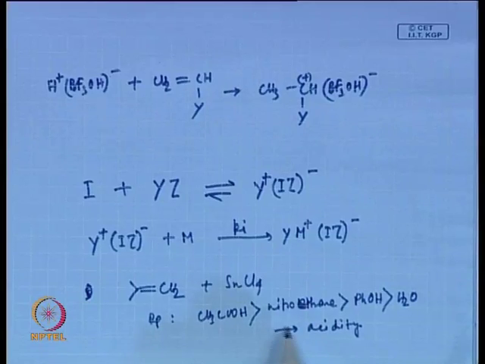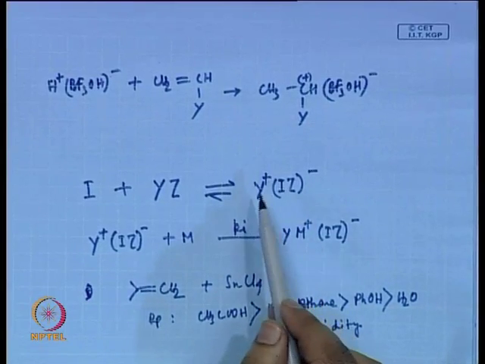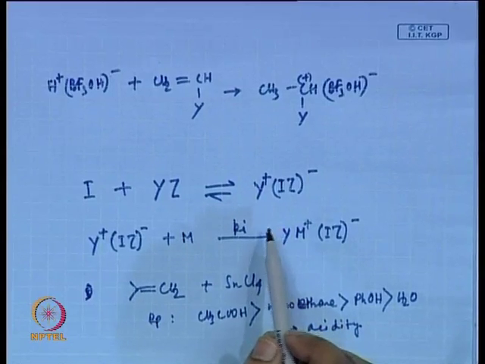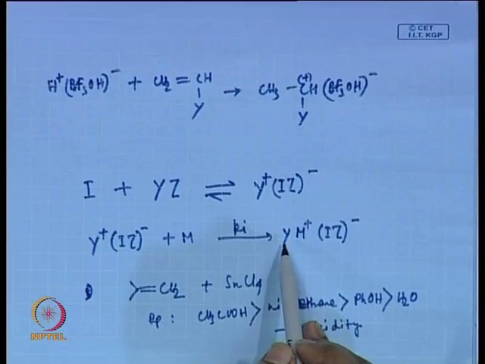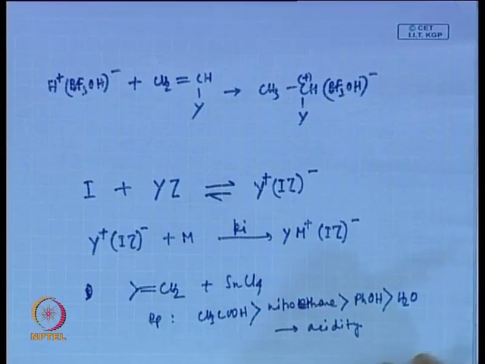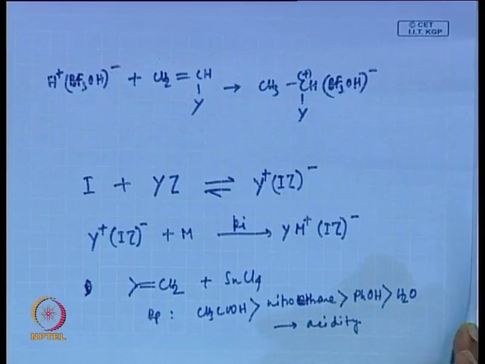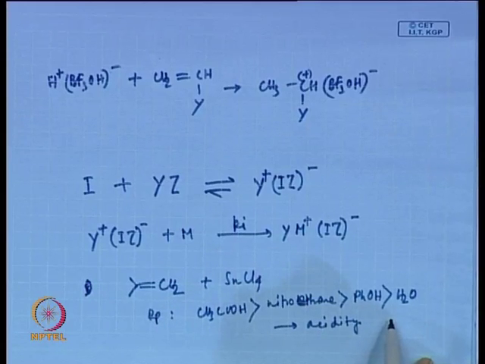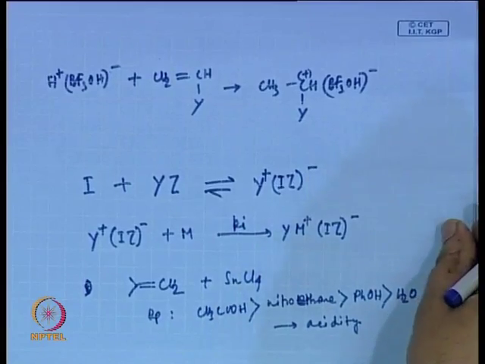the activity of this complex depends on how readily it can supply this cationic species, whether it is a proton or, in this case, a proton or a carbocation, to the monomer. And for a protogen, or the proton supplier, it depends on the acidity of the co-catalyst. Okay. So, it follows this trend, and for the carbocation